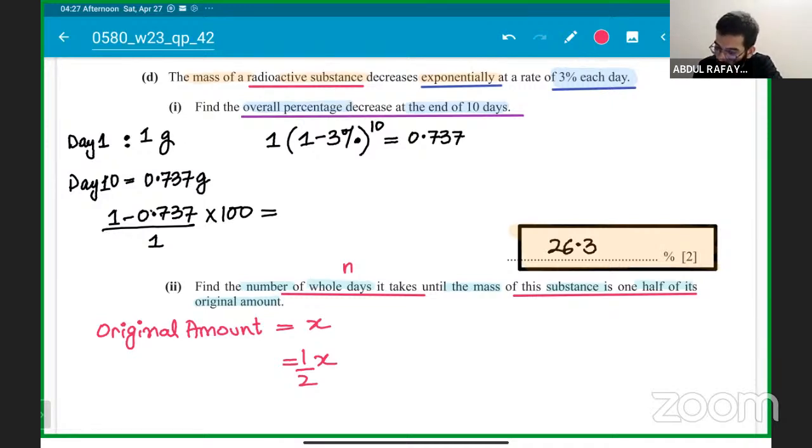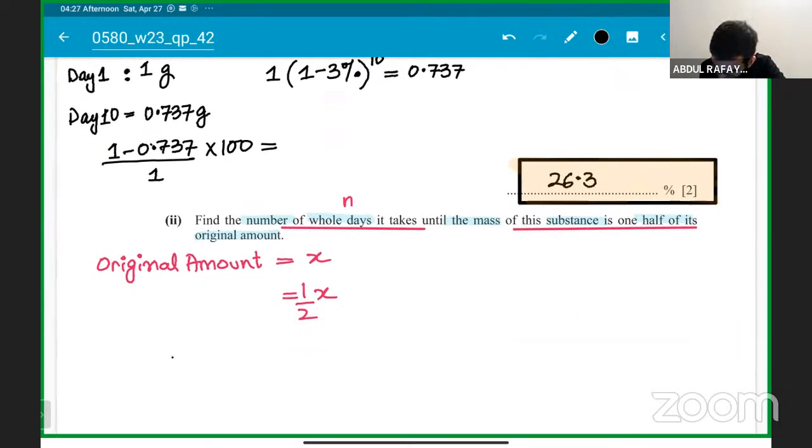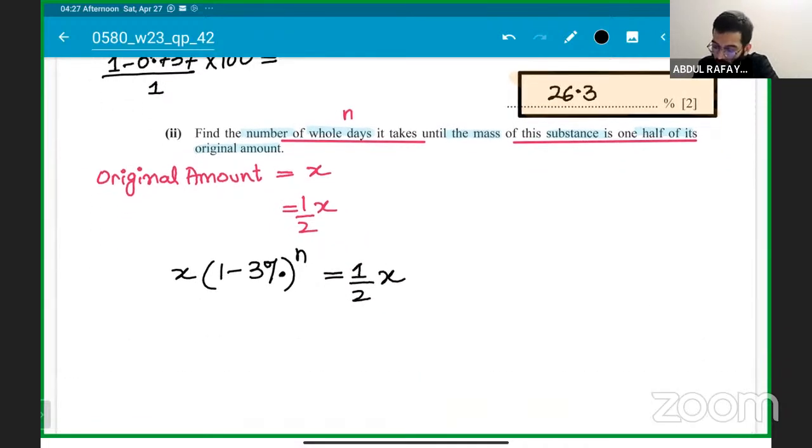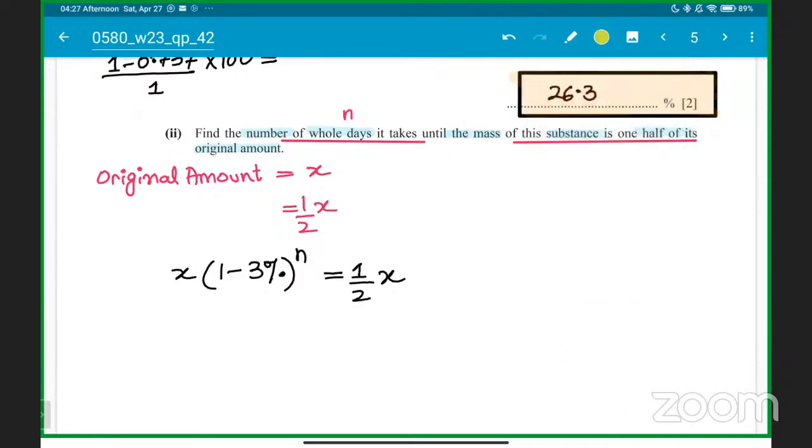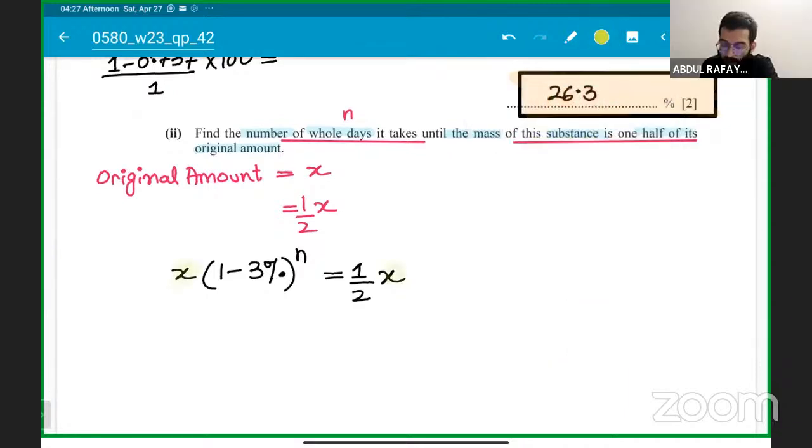गेटिंग इट गाइस? तो इक्वेशन क्या बन जाएगी स्टूडेंट्स? इक्वेशन बन जाएगी x टाइम्स ऑफ (1 - 3%), what we don't know is power of n is equals to half x। स्टार्टिंग में ओरिजिनल अमाउंट x थी, उसका हाफ x कितने में बन जाएगा? क्लियर हो गई बात? तो अमाउंट कुछ भी हो, x और x कैंसिल हो जाएंगे। तो आप ये कहोगे कि मेरे पास इक्वेशन आ गई: (1 - 3%) to the power of n इज इक्वल्स टू 0.5।